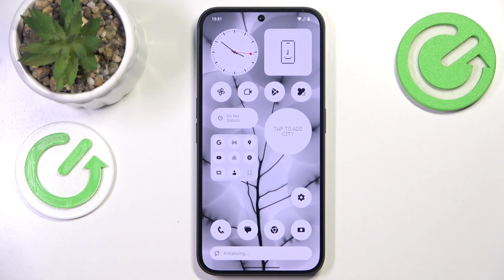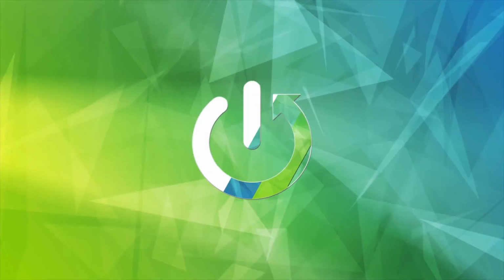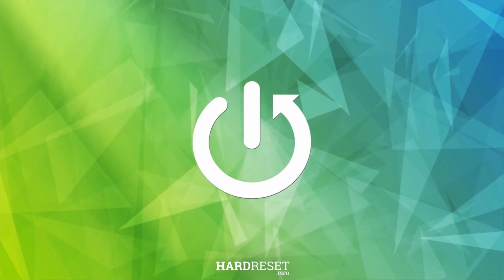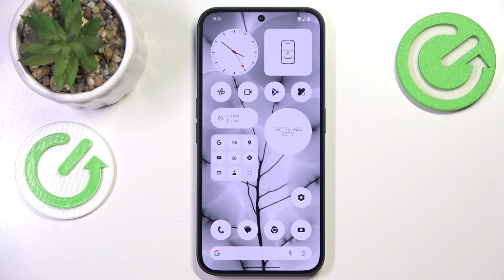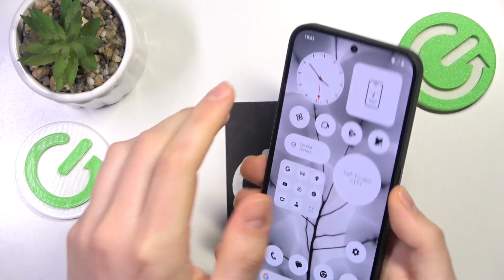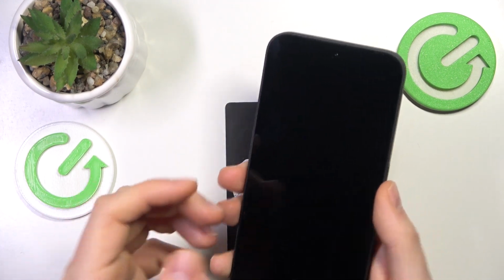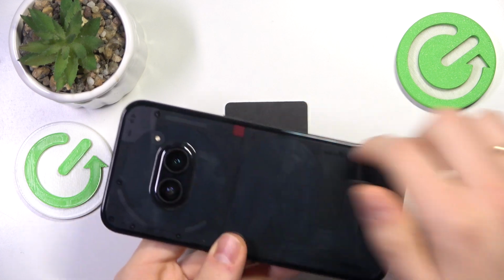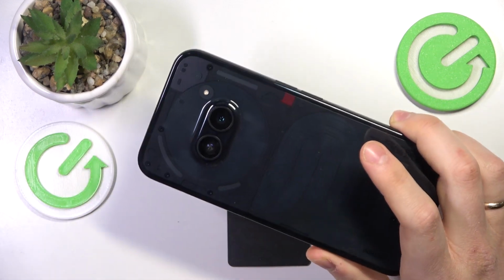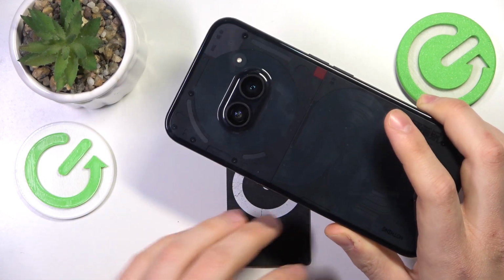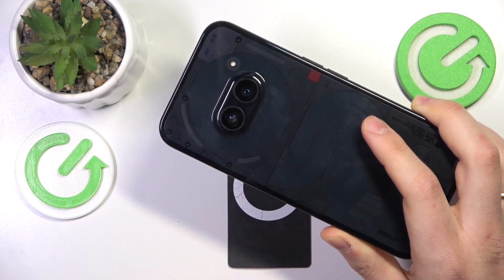This is Nothing Phone 3A, and today I would like to share a few useful tips and tricks for this device. So if we're talking about the tricks for Nothing phones, there is something we cannot avoid or ignore. That is the entire gimmick of those devices. That is the glyph interface, the auxiliary lights that allow for pretty wide customization